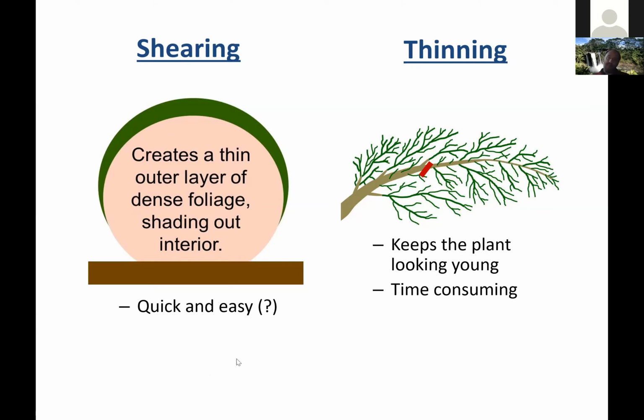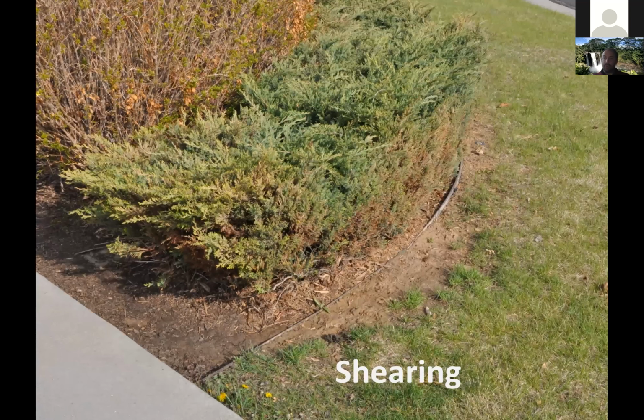So yeah, if you shear junipers all the time, this is what they look like, right? They get thin on the side where you're shearing them. They're more prone to scorch, windburn, and all that too. And I don't know who in their right mind, when they made this plan, spec'd a juniper for a 12-inch space, right? They probably read some nursery catalog that said this juniper would stay small. And that's just never the case, right? They always get big. And now they got to shear back all the time.